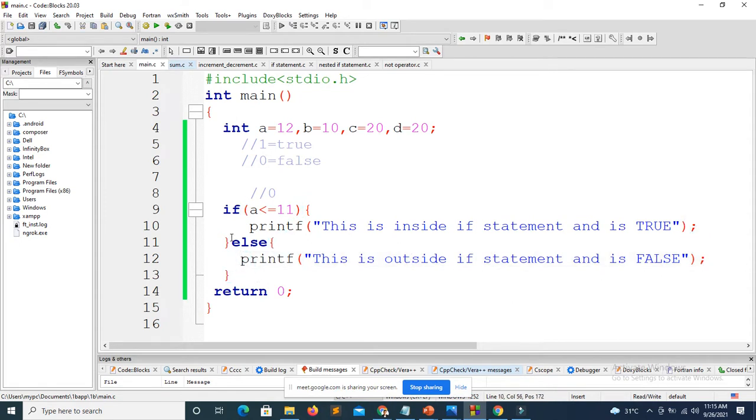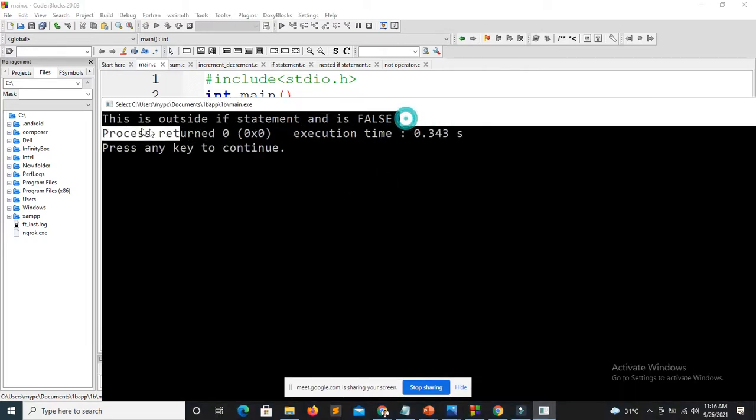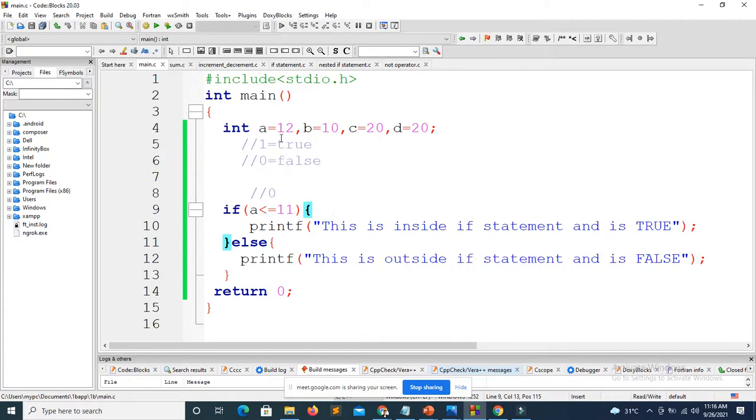Now, asa man siya mukuan kung false? So, mabutang siya diri sa else statement. Let's build and run para makita. Okay, so we have here the false. Okay? Alright, so